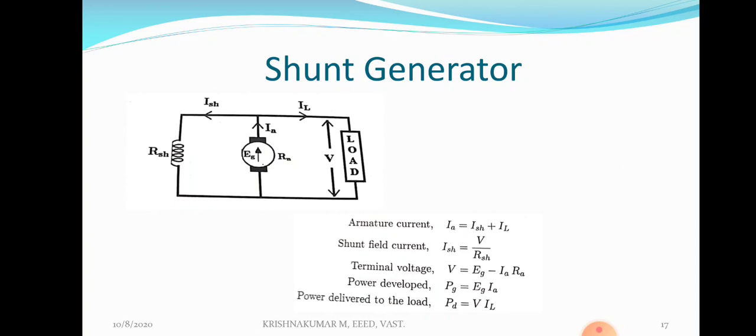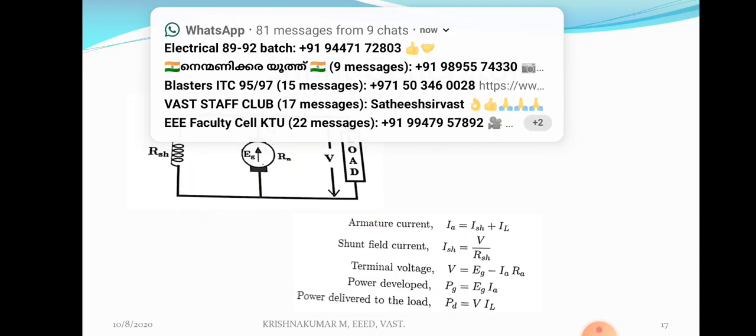This voltage is given to the field winding because the field winding and armature are connected in parallel, and the field current increases, flux increases. That means the residual magnetism is slowly increasing. This increased flux cuts the armature winding and more EMF is induced in the armature winding. This more EMF is again passed to the field winding, and the flux further increases, and this cumulative process continues till the rated voltage is developed across the armature. This process is known as voltage build-up in a DC shunt generator. It is not a sudden process, it is a gradual process.